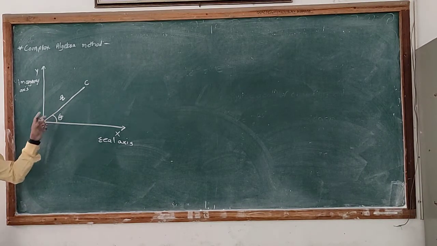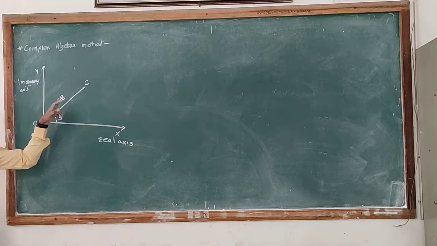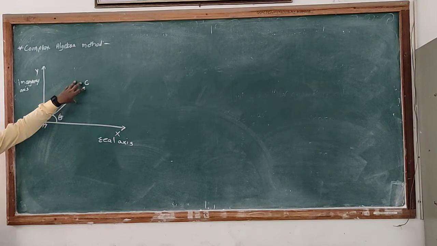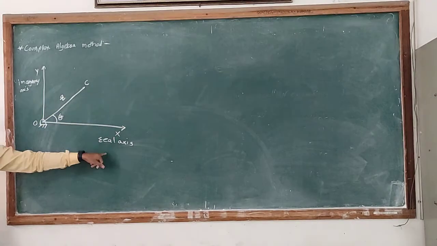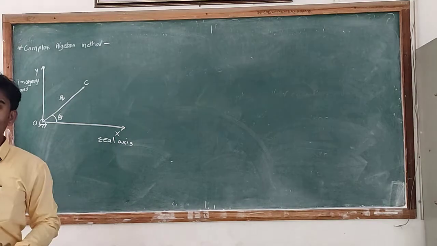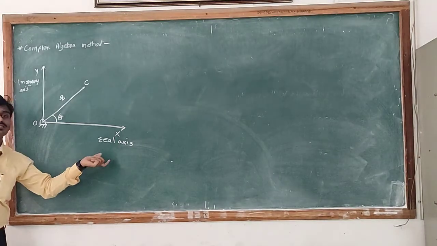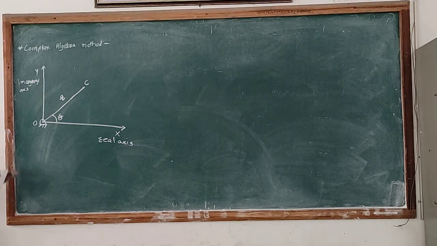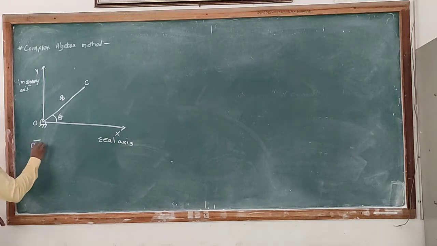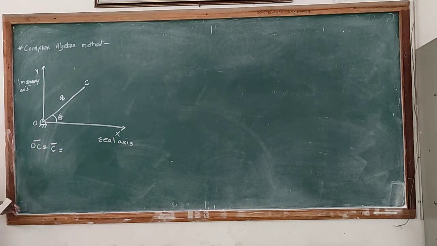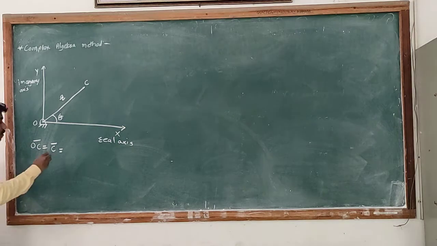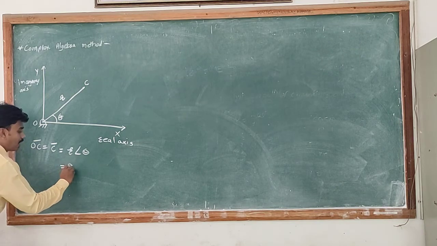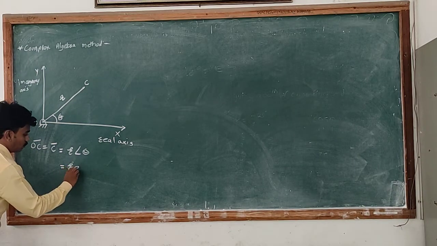The x-axis is called the real axis in complex algebra form. Then we can write in complex algebra form: OC bar is equal to C bar, which is equal to R into angle theta, or it is equal to R into e raised to i